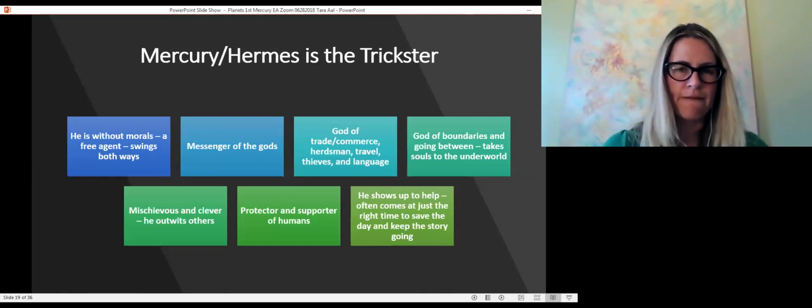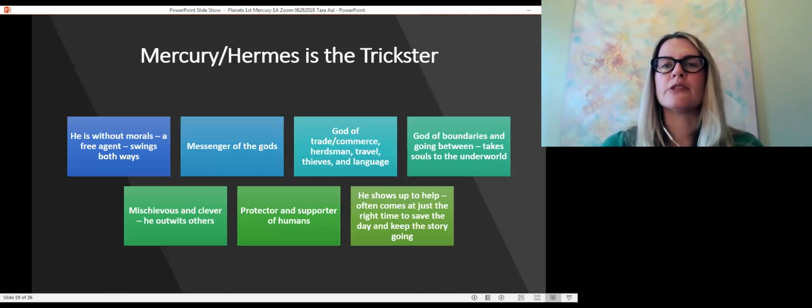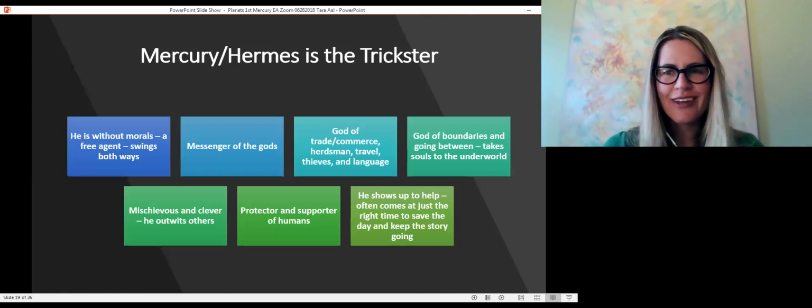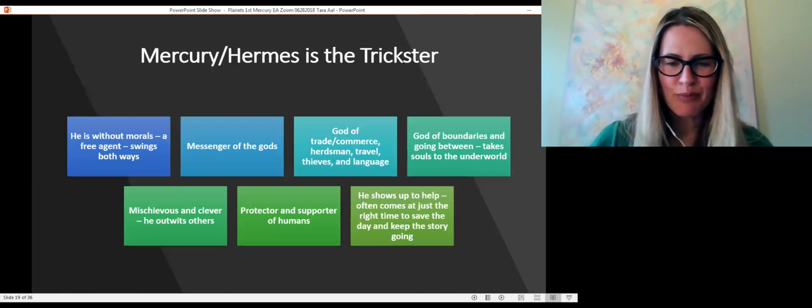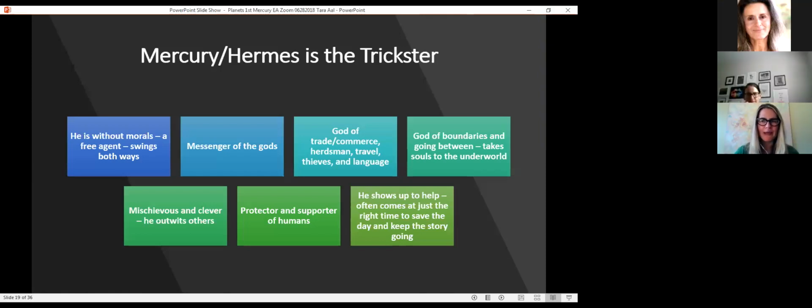So let's not forget that Mercury, or Hermes, is the trickster. So give yourself room for this. Mercury first should have some room to play. Mercury is without morals. He's a free agent and he swings both ways. We don't generally give ourselves permission to do this, at least not in all realms of our lives.